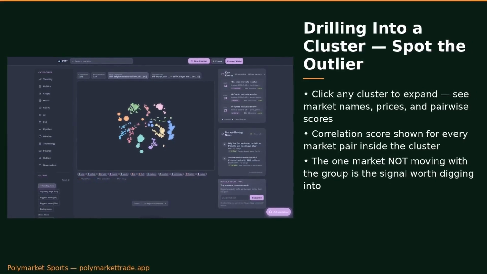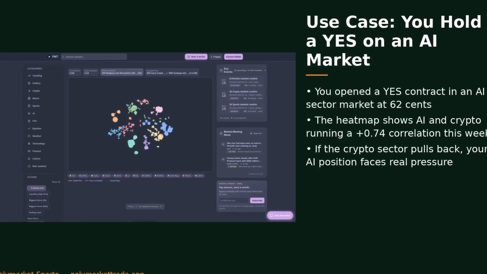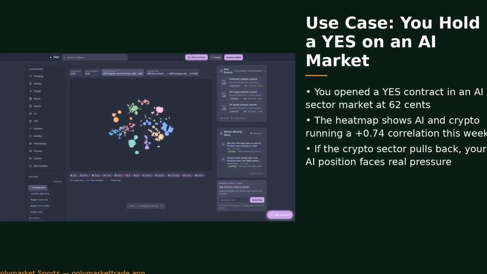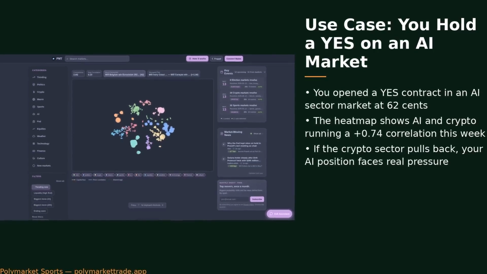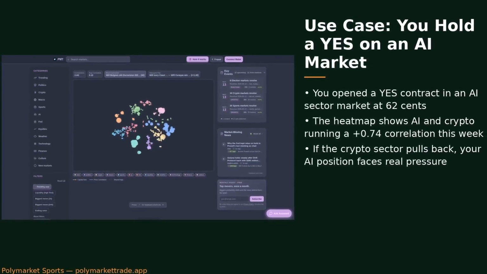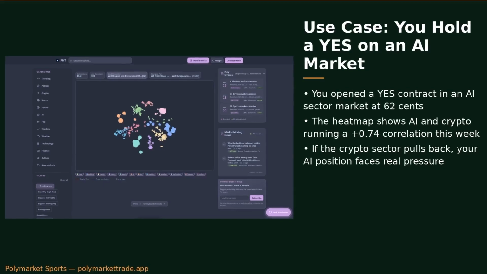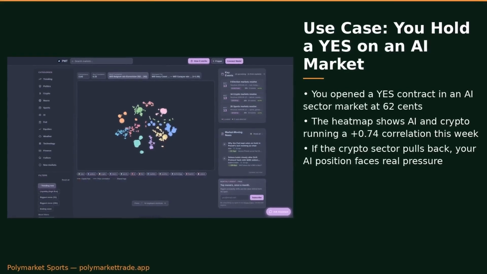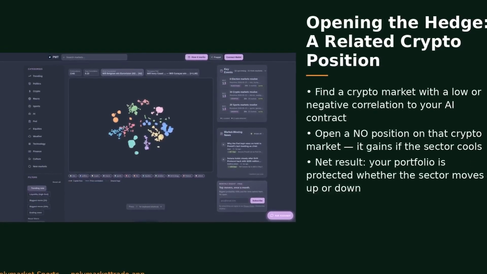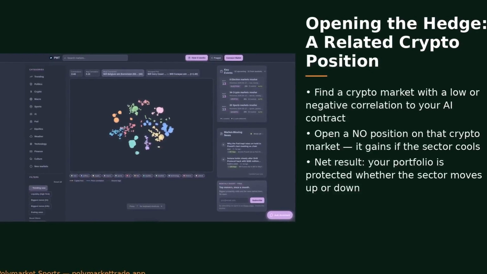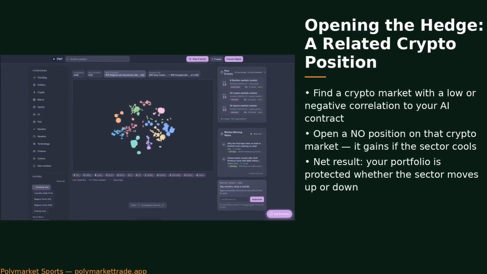Each cell has a score that runs from -1 to +1. A score close to +1 means those two market categories move in lockstep, like NBA and NFL championship probabilities both jumping after a major broadcast rights deal gets announced. A score near 0 means basically no relationship. Those categories are independent of each other. And a score close to -1 is where it gets genuinely interesting. That means when one category heats up, the other tends to cool down, and that gap is your natural hedge signal. We are going to use exactly that in a few minutes.